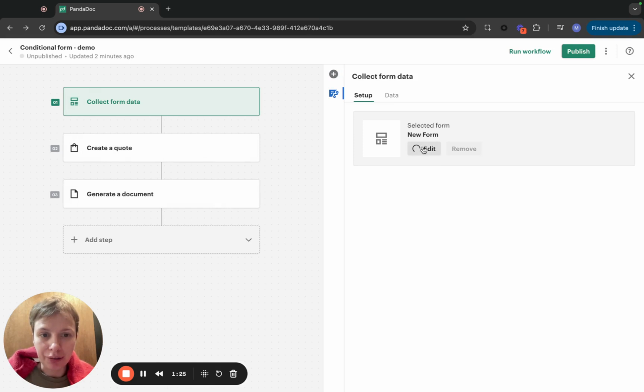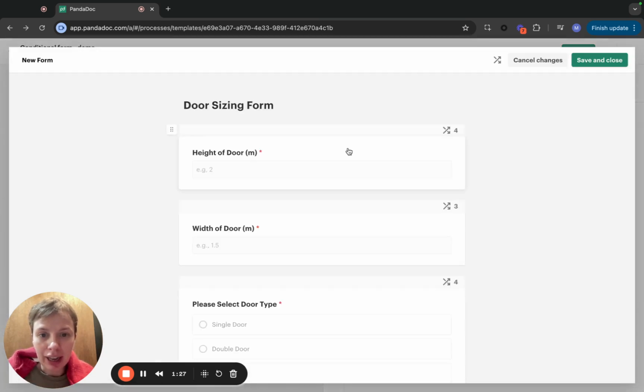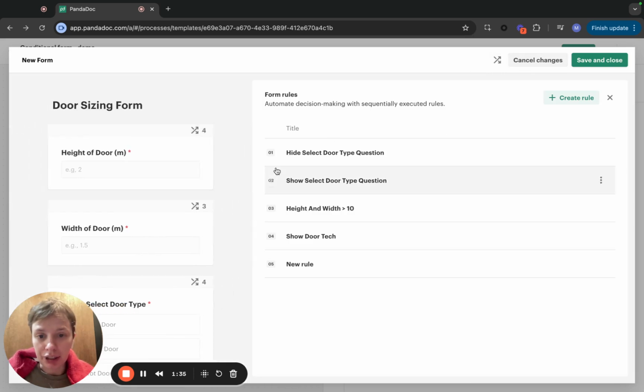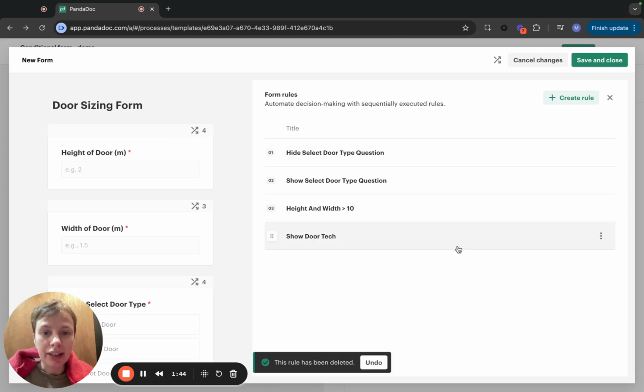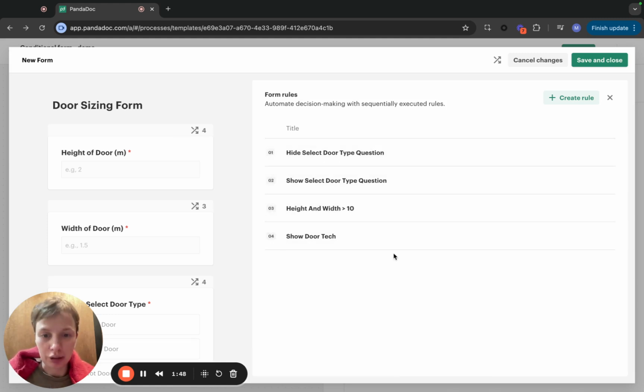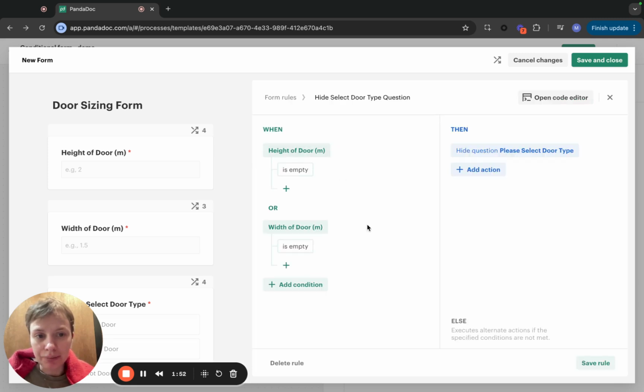You go into the Forms tab, and you have this rules icon on the form as a whole as well as on every question. And if you go into the form rules, you see the form rules. They execute in the order stated from top to bottom. So my first rule